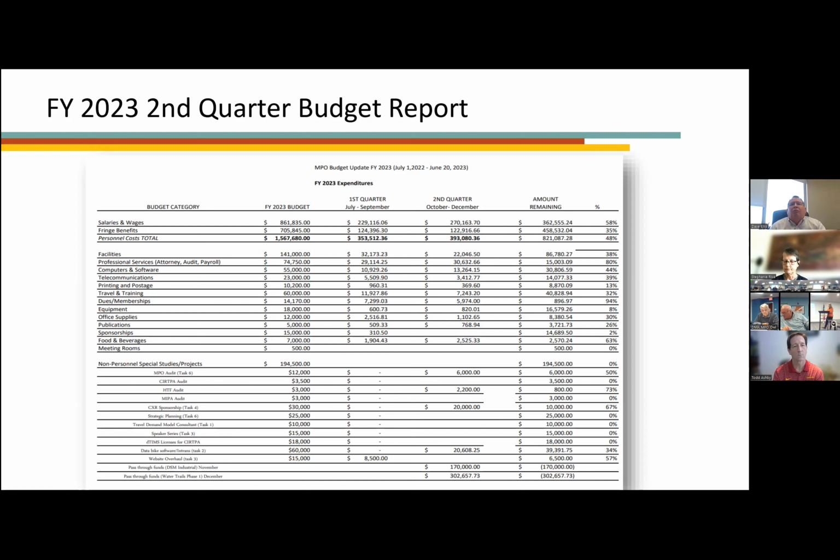The only thing I will bring attention to, like I said last quarter, is that there are a couple of expenses at the higher end, but those came right away at the beginning. That would be our membership and some professional services, being the audits, and those are already taken care of for the year. So there would be no more, because that was my question about that 80%: we're not going to go over that.